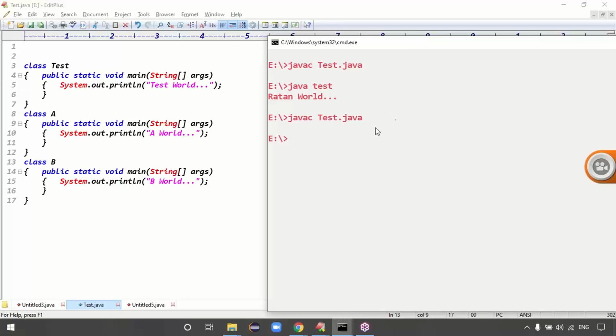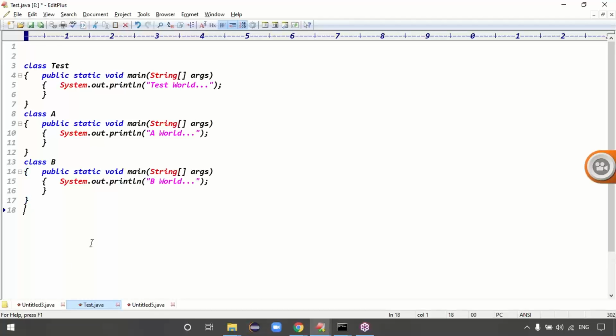After compilation, how many class files are generated? 3 class files. If I execute the Test class, what happened? The Test class is loaded and the Test class main executes, right? If I execute A, the A class is loaded and the A class main executes. If I execute B, the B class is loaded and the B class main executes. Exactly, guys. Then what is the conclusion here?